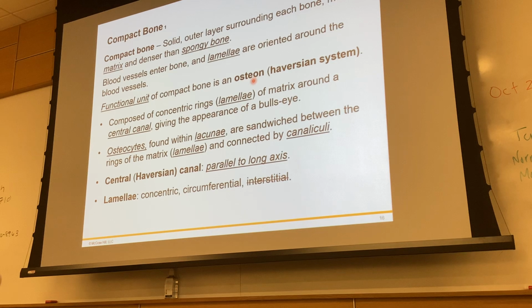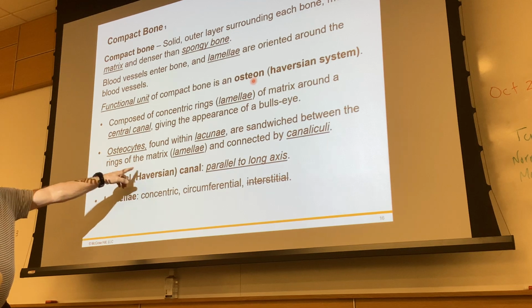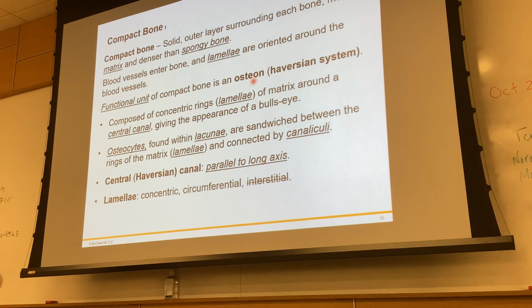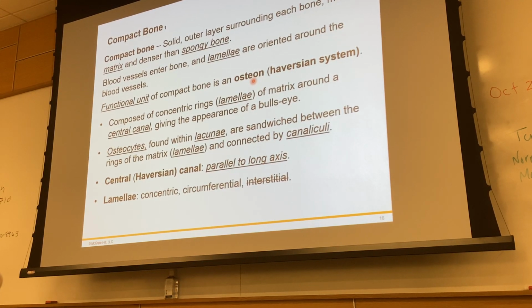Proximally and distally, there's going to be spongy bone, and the osteon has these progressively larger and larger layers there, and those layers are called lamellae. As you make that outer layer a little bit bigger, that additional layer is called a lamella. Individual spaces within the lamellae